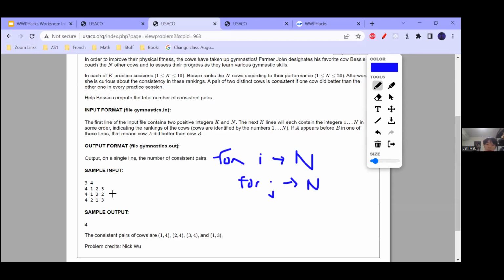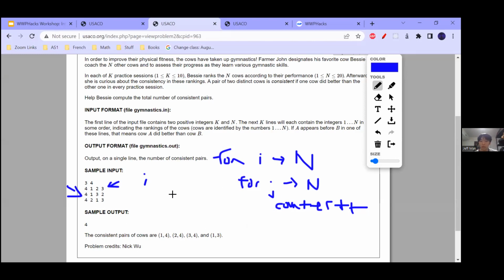If i is ranked higher in the session than j, for every single session, then you can do a counter plus plus, and then you keep going from there. You can just store this in a 2D vector or array, whatever language you use, and if the index of i is less than j, then counter plus plus.